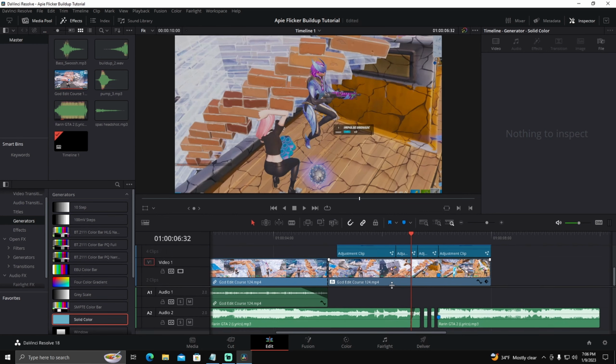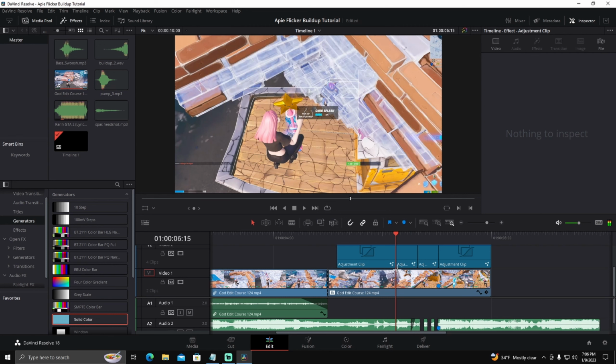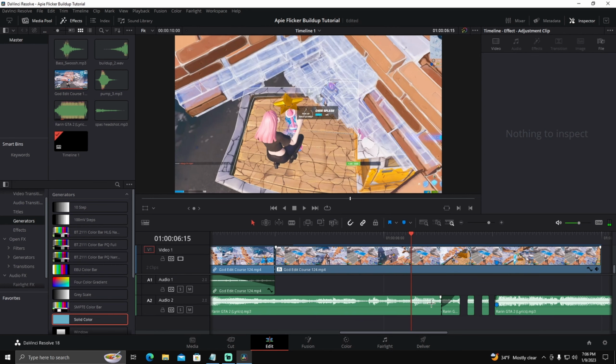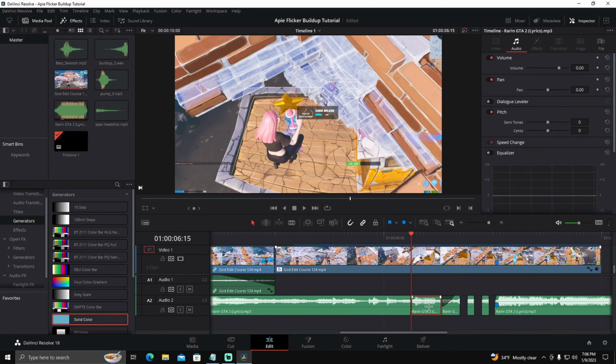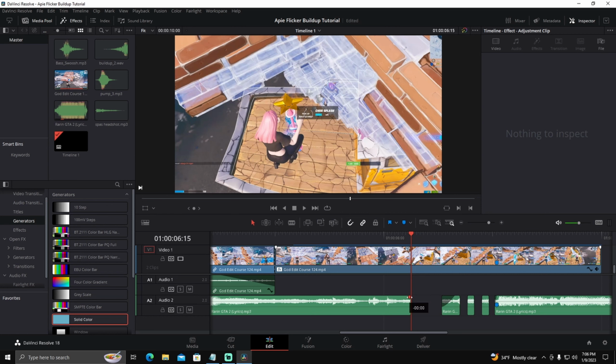Now from here, let's go to the end of the first adjustment clip, so that should be this one right here, and let's cut our song just like this, and delete this excess. Now from here, let's fade this out by about 57 frames, and let's put a slight up curve into it,